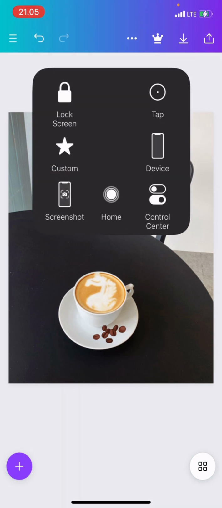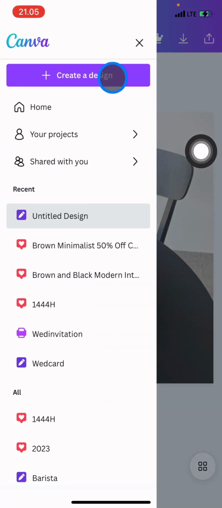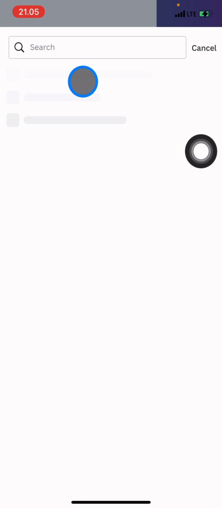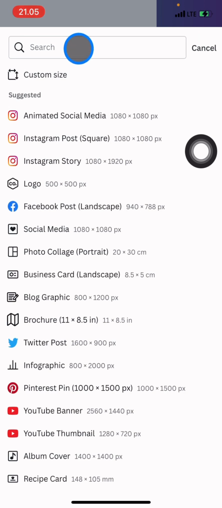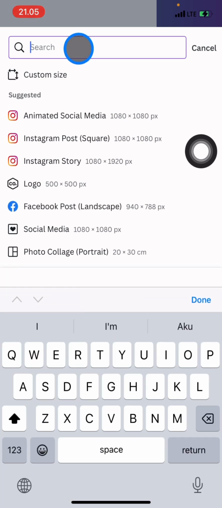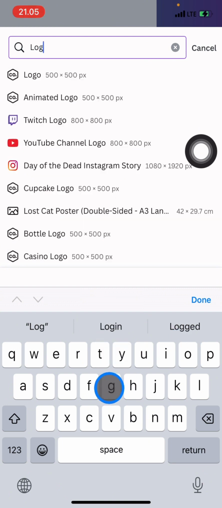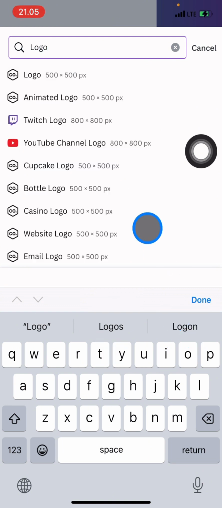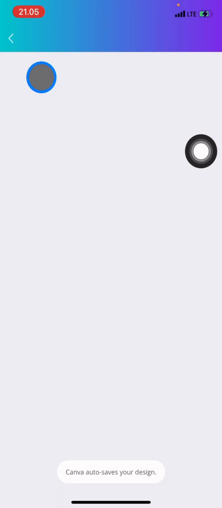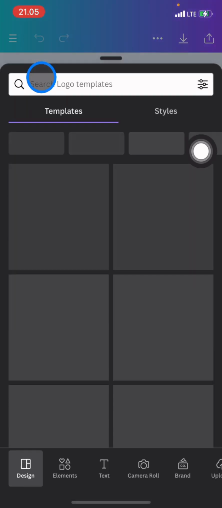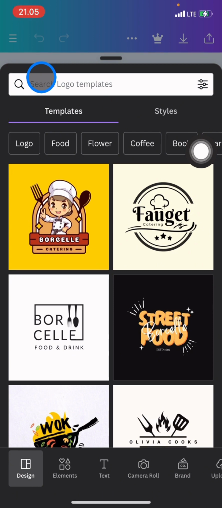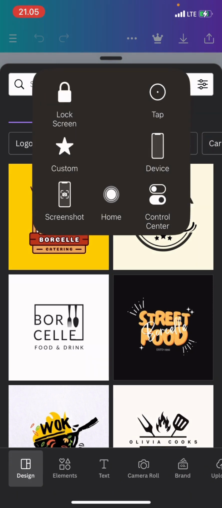So first thing I'm going to do is create a new project by going to create design, and after that just click the search button and type logo. Okay, after you find the several options, just choose what logo you want to design, or if you just need the ratio, just click randomly. For me, I will choose the logo,